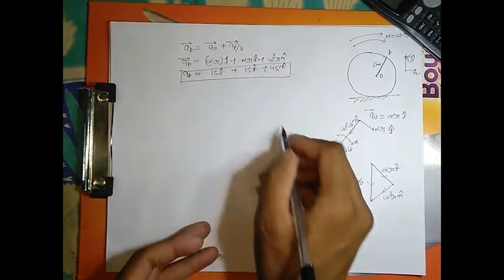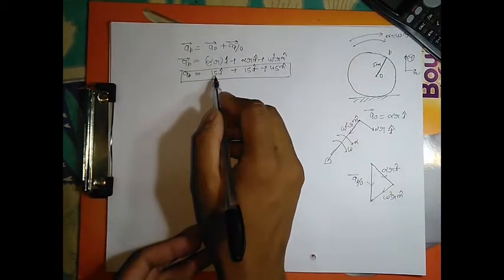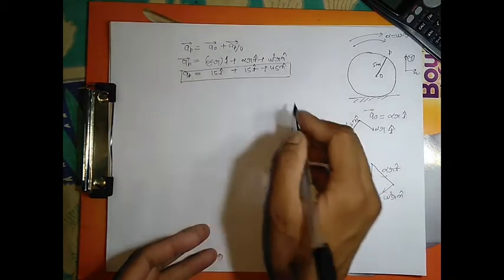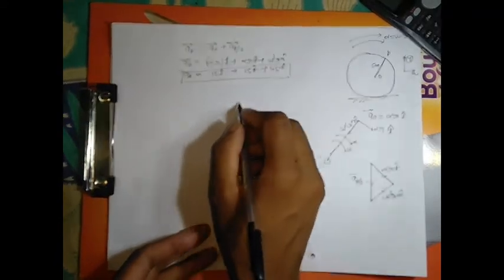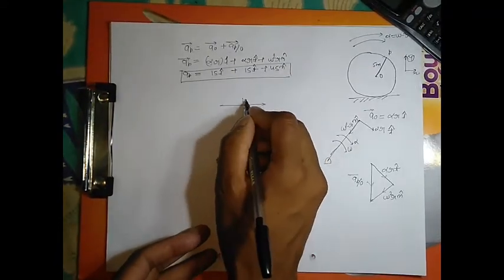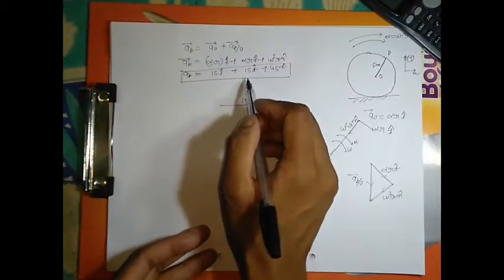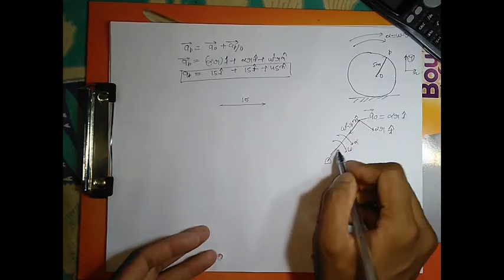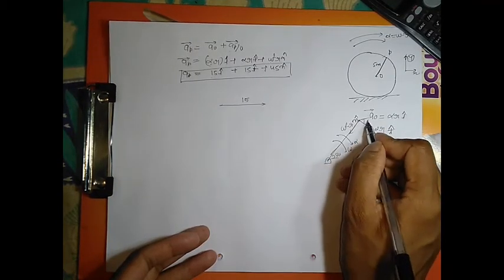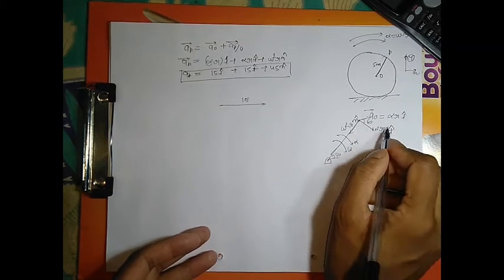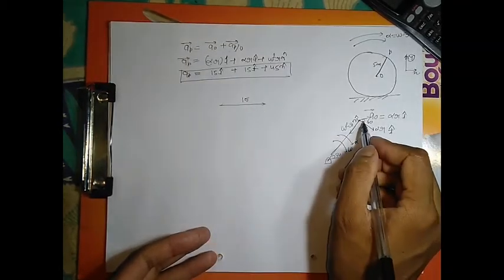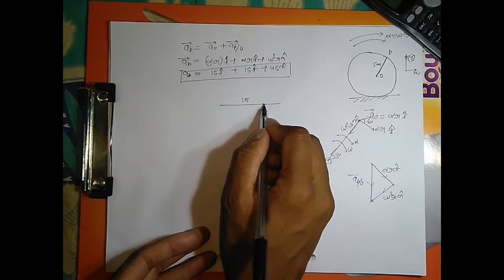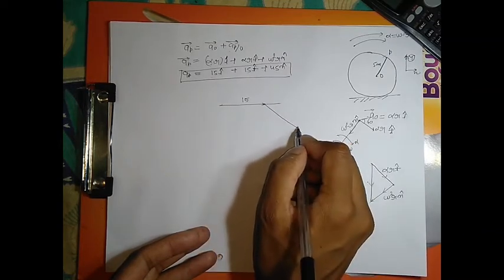So you can draw all this. Look at here. In vectorial form, how can you write? Vector A plus vector B plus vector C equal to vector D. Vector A is 15 in the i direction, and 15 t cap. That means, look at here, if this is the 30 degree, then this is the 60 degree. Am I right? So with the horizontal, the t cap direction makes a 60 degree.